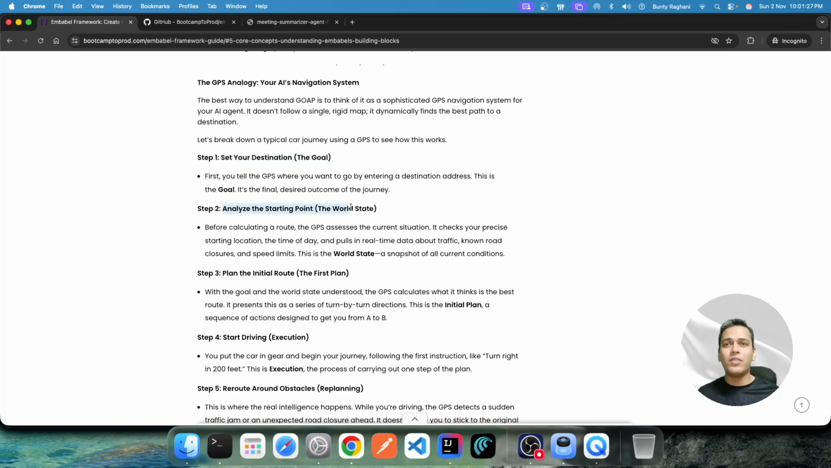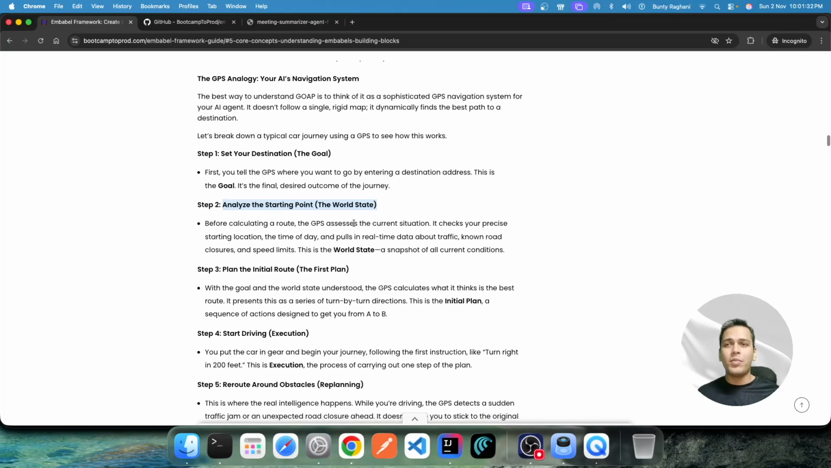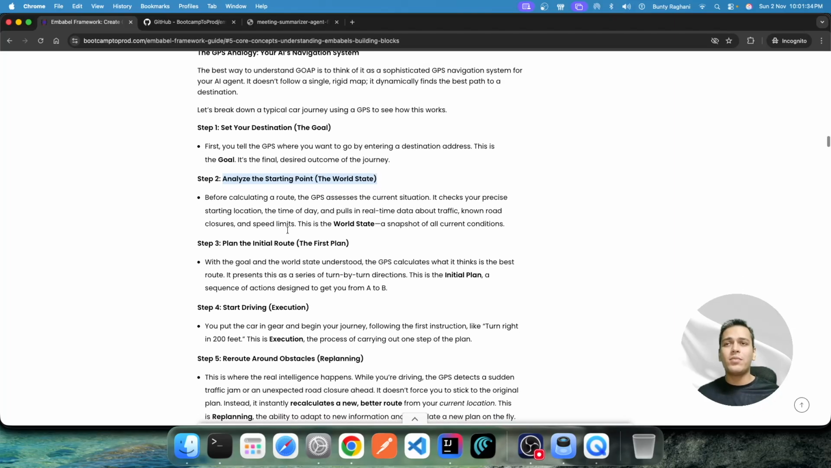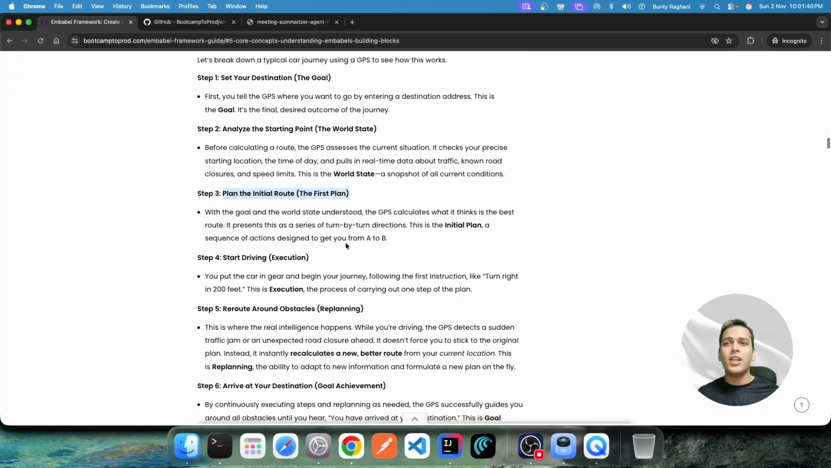This is nothing but the world state, the information that we have currently. Then based on this, the GPS system plans the initial route, which is the first plan that the GPS system has created for us. Now as soon as we start driving, which is nothing but we are executing some action,